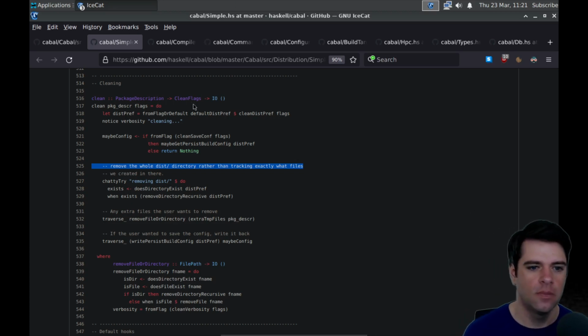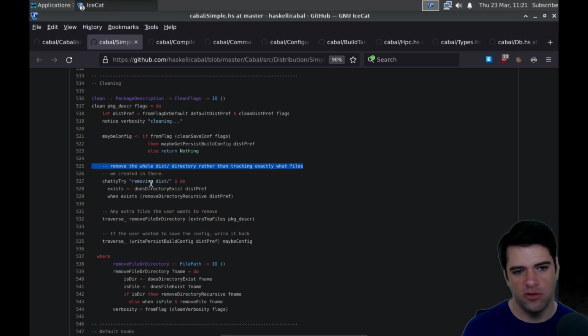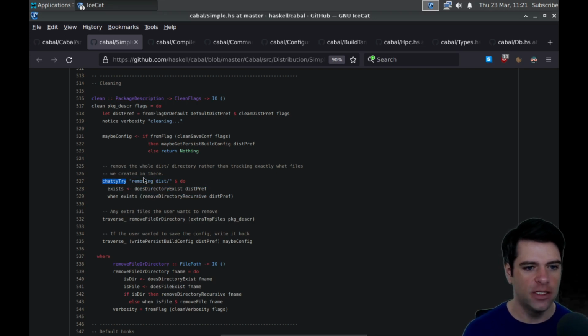So we're going to remove the directory. We've got chatty try, which presumably is like a try fail thing that is somewhat verbose, or at least can optionally be verbose. And we're going to traverse_ any extra files that the user wants to remove. We're going to have this traverse thing. We're going to call remove file or directory on the extra temp files in the package description.